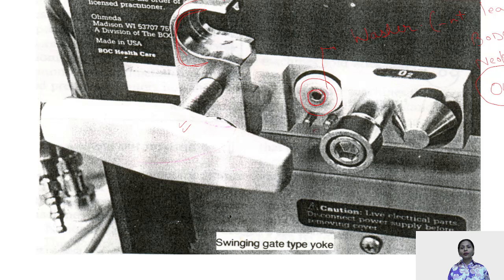And just below this we have the pins that are going to get attached to the holes that are present on the walls. This is your pin index system. These pins are very particularly oriented with respect to which gas cylinder is going to get attached to them. The pins are present on the anesthesia machine. The holes are present on your valve of the cylinder.